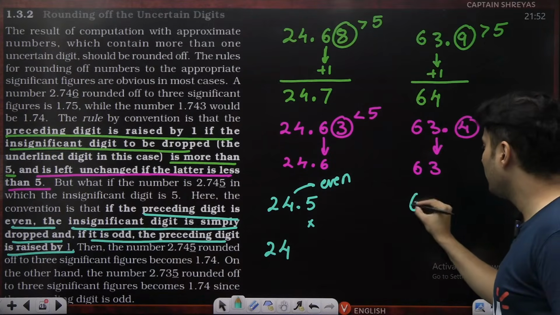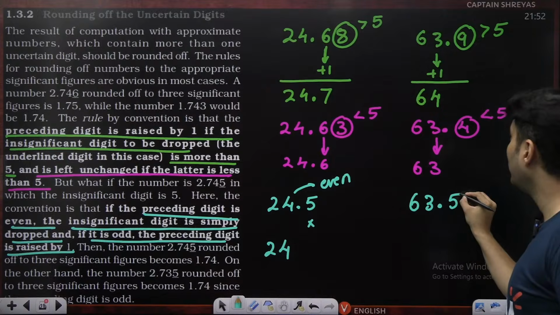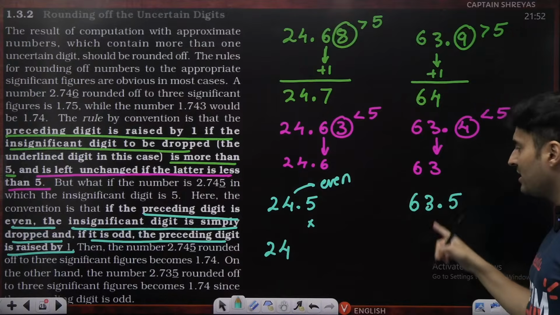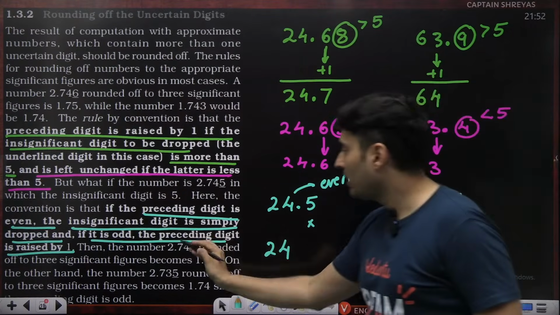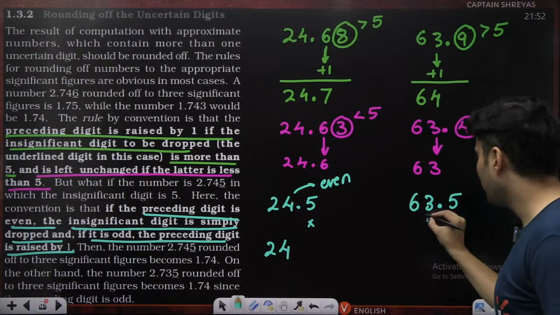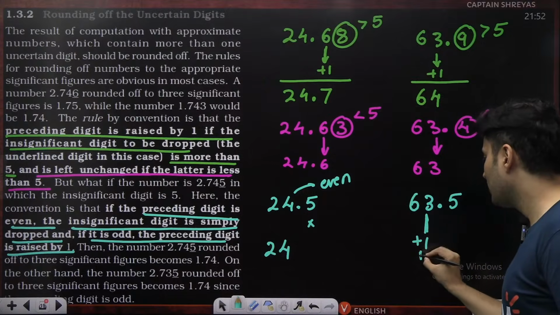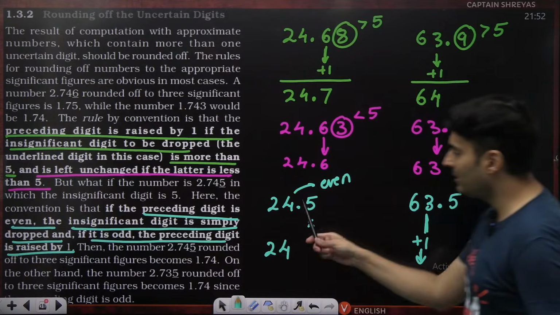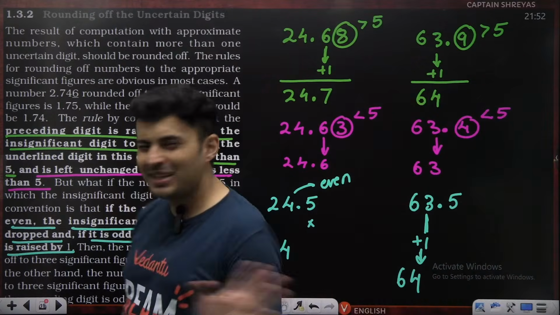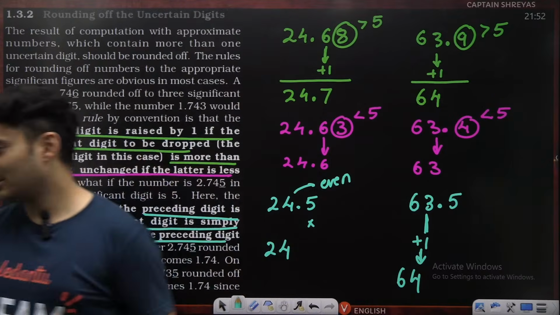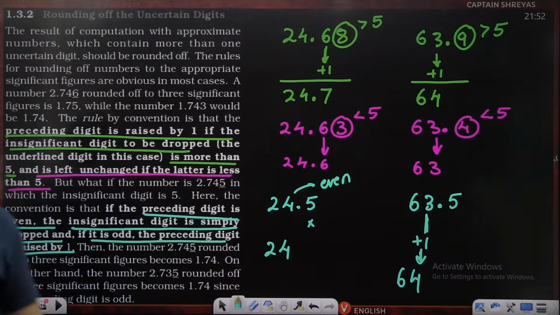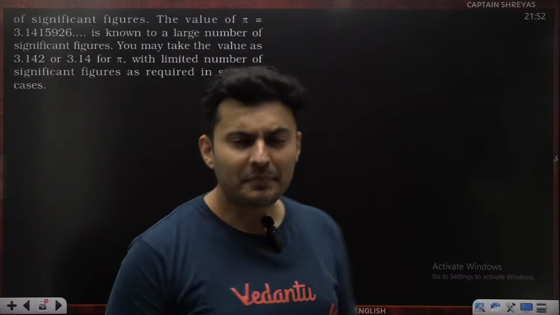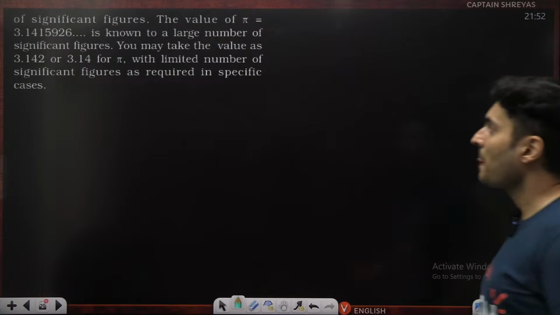But take this example. Imagine it is 63.5, the last digit being equal to 5. Check the previous digit. Oh, it is odd. So if it is odd, increase it by 1. You add 1 to it, hence it will become 64. So if it is odd, make it even. If it is even, keep it even. Odd means odd man out, no? So remove it, make it even. Even is what we like. Is this clear, my dear warriors? All right. Awesome, awesome, awesome.